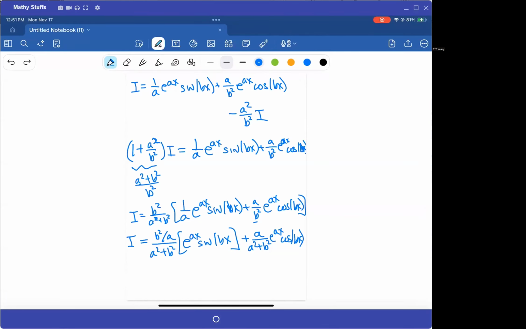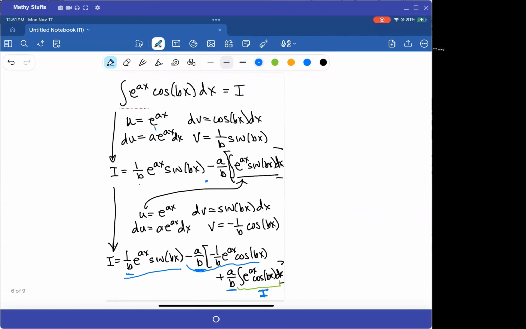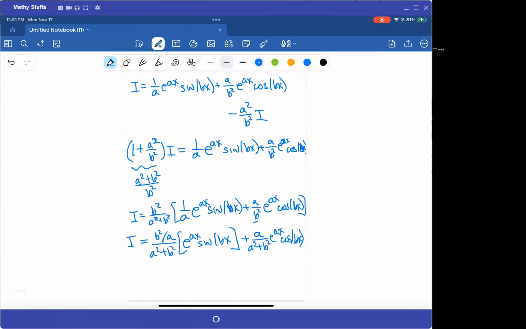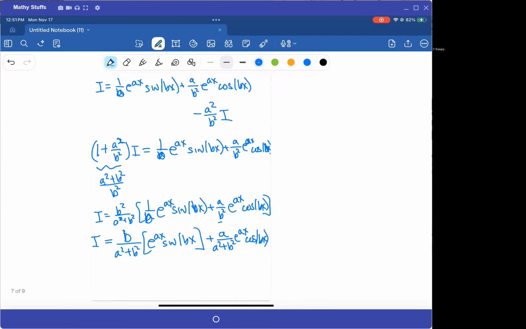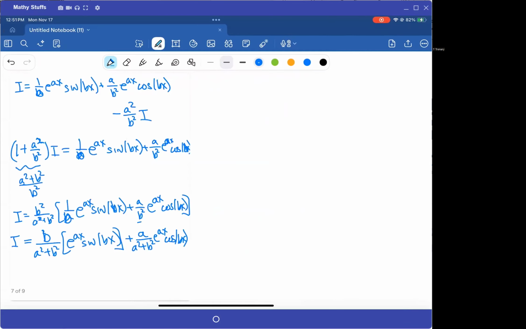All right, I found my error. It was miscopying. Notice how this is 1 over b here. And I knuckleheaded that and made that 1 over a, when in fact that should be 1 over b. And this all should have worked out a lot better. So when I do multiply through here, what I get is b over a squared plus b squared there, and a over a squared plus b squared there. So what we get in the end is our formula that the integral